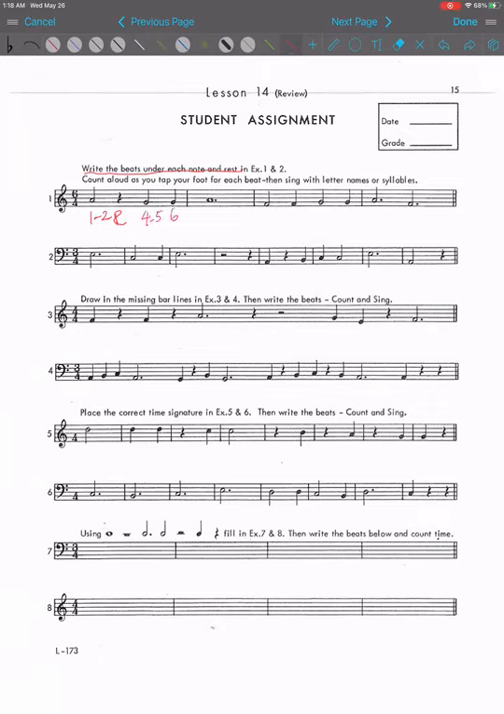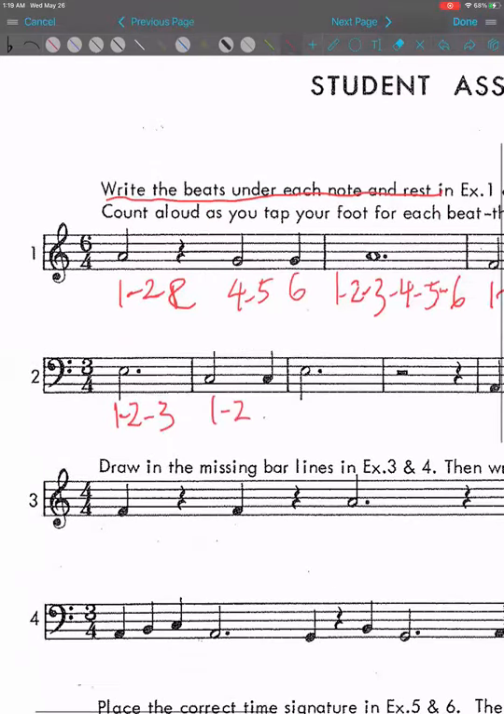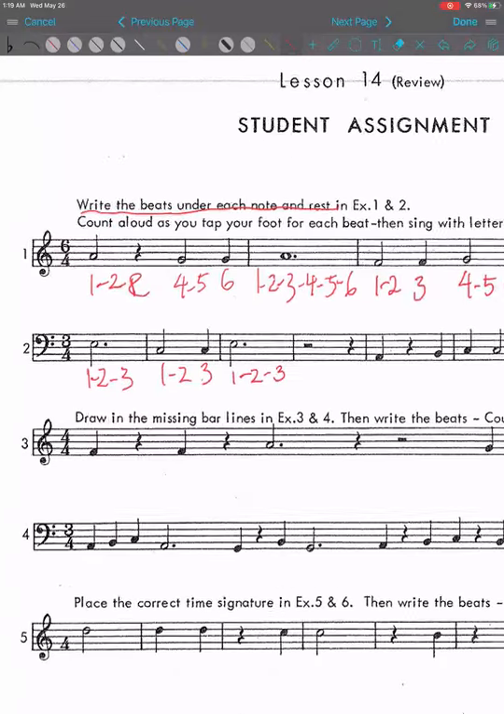Next one is dotted whole note. So 1, -2, -3, -4, 5-6. And then 1, 2, 3, 4, 5, 6. 1, 2, 3 dash 4-5-6. And then next one is 1-2-3, 1-2, 3, 1-2-3. And to be honest,